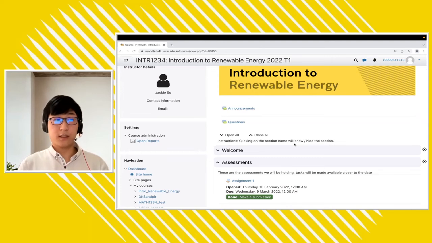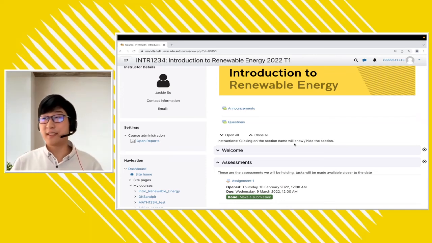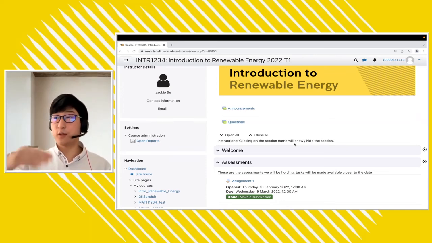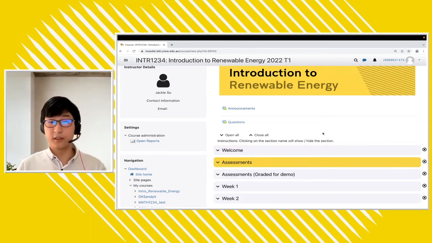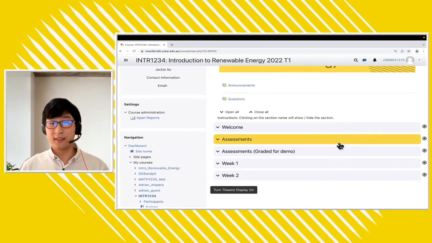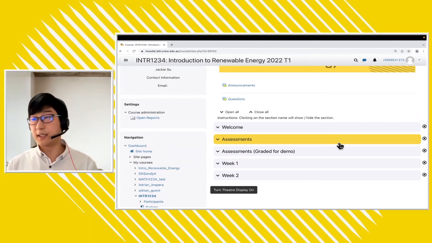Perfect. So really, those are the main things I wanted to show regarding course content. Between those, they're pretty much the majority of the things you're going to see in courses. And just wanted to mention that they're quite straightforward to use as well.